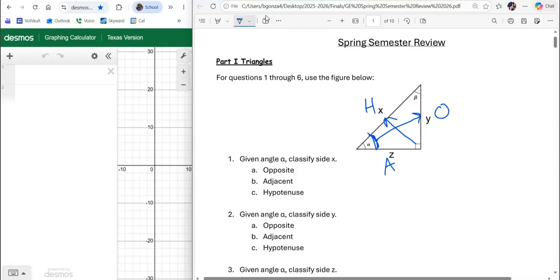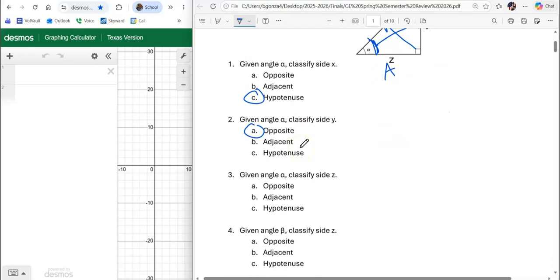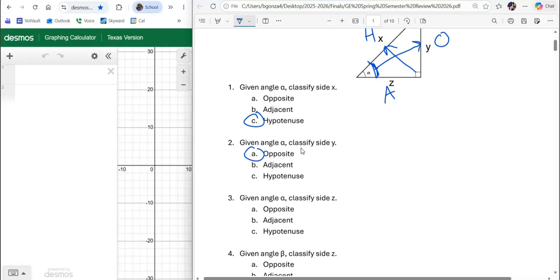So from A, X is the hypotenuse. And again, from angle A, Y is the opposite. And then from A, side Z is adjacent, okay? Now, if we redraw this,